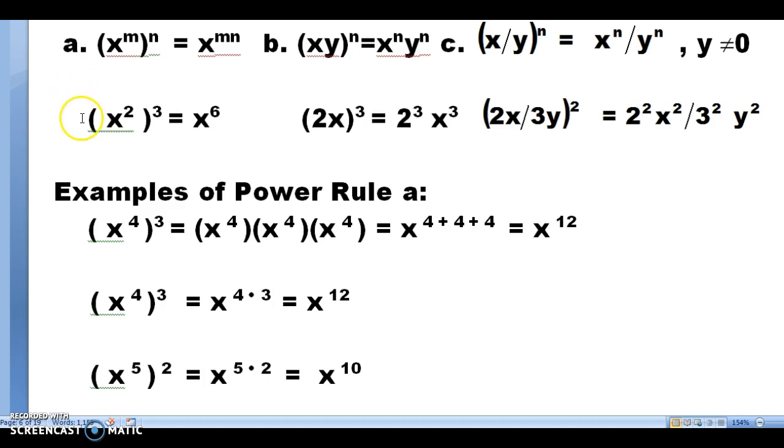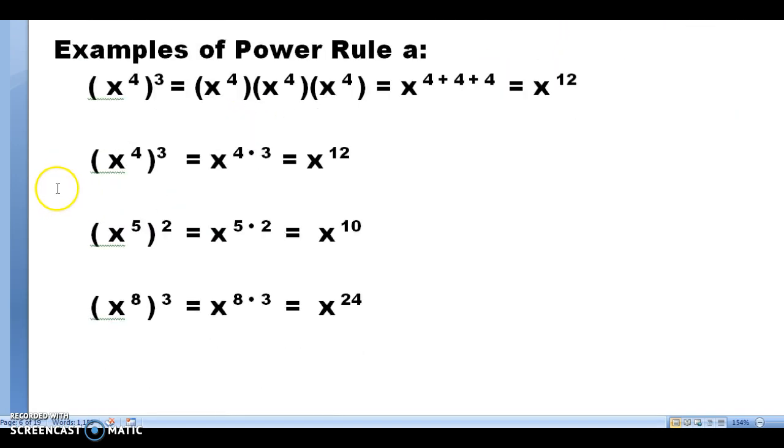An example of that is x to the 2nd to the 3rd. We take the 3 and multiply it by the 2 and get an answer of x to the 6th. So I'm going to drop down here and look at examples of power rule A first. Our first one is x to the 4th to the 3rd power. Again, 1 base, 2 exponents. If I wanted to, I could take my definition of exponents, which says that whatever is under this 3 is multiplied by itself